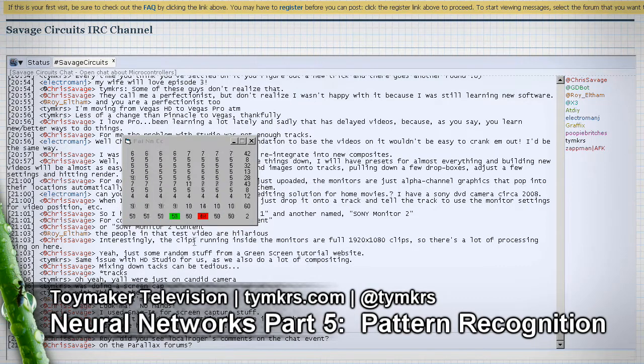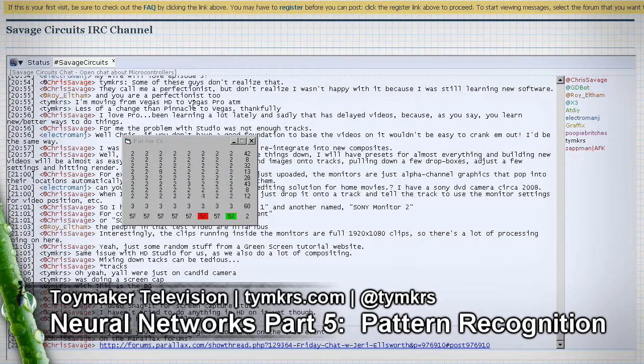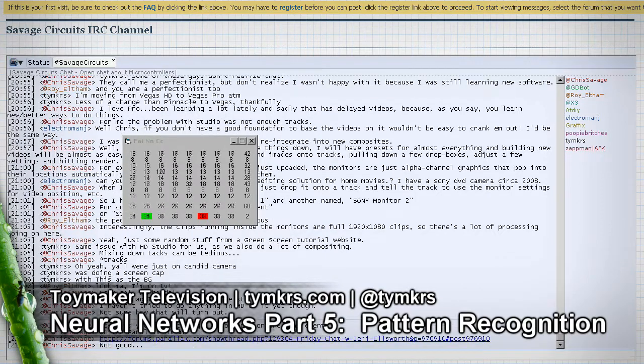Okay, so here is what we're going to be talking about, and in the background we've got the Savage Circuits IRC channel. There's Chris Savage in there. It's his show here. We've been hanging out in the room a bit for the last few days. A lot of cool people in there, very helpful. Might end up hanging out here more often. These guys are propeller nuts, so I think it'll be a handy spot to be hanging out while I'm working on the code for the SIDCOG stuff I'm going to be doing.